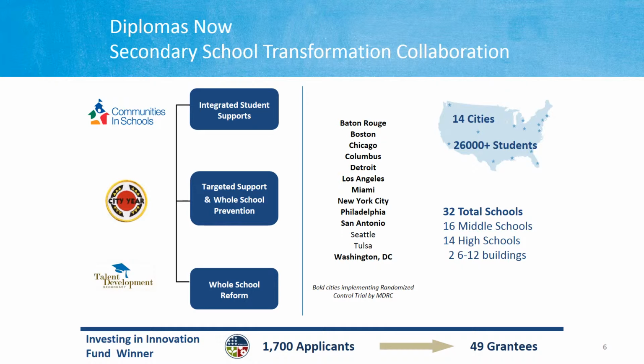In this respect, this program, Diplomas Now, is actually a collaborative that involves Communities in Schools, City Year, and Talent Development Secondary. Talent Development Secondary places emphasis on the academic needs of students, while Communities in Schools looks at the support systems and the related non-academic needs of students that may in fact involve their parents and community resources. And City Year primarily looks directly at establishing good peer relationships among the City Year employees and the students with whom they work.